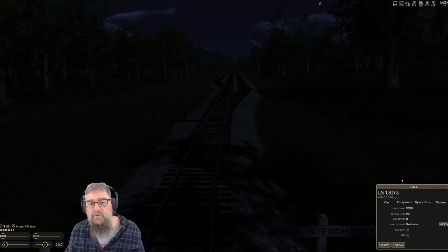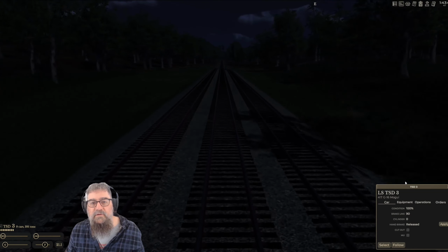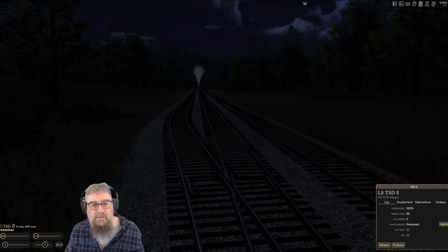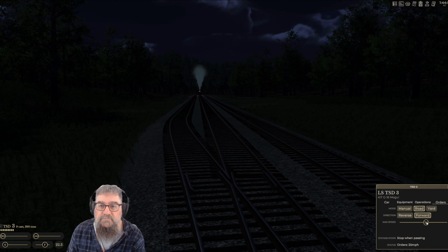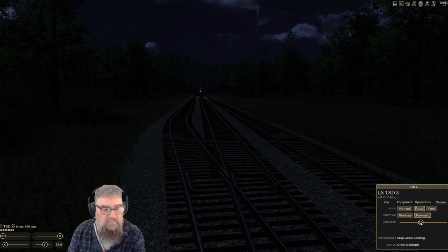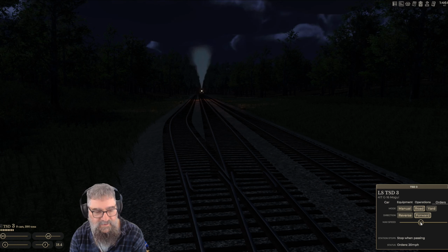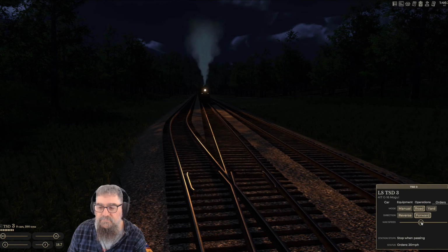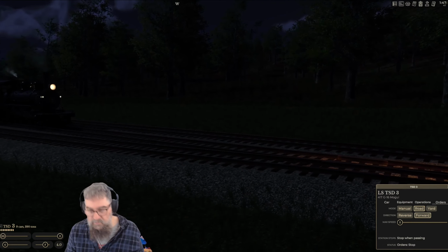Right, here we are. So this is the Sylva interchange. We'll just pull into this centre track here and we will tell our man to stop when he gets down this end. It's funny how he brakes when you slow him down when he could just coast. Now he's going to go flat stick again. Will do us there. So when he comes to a stop,